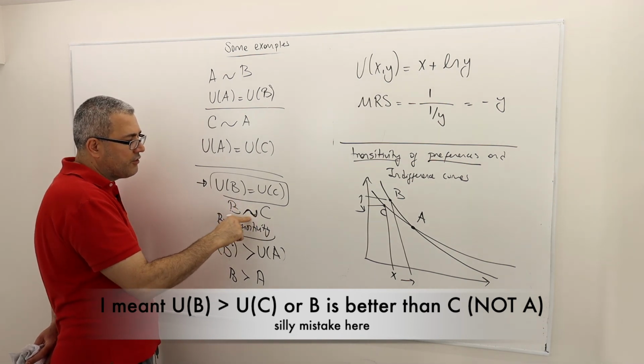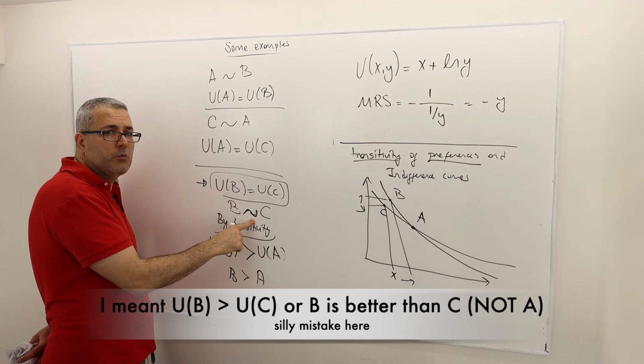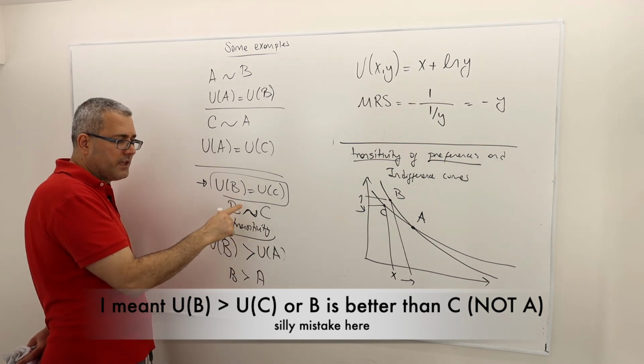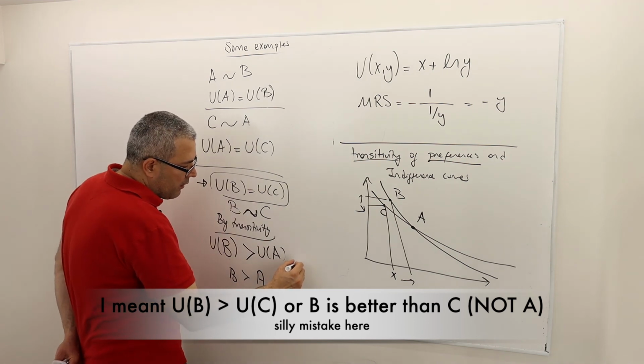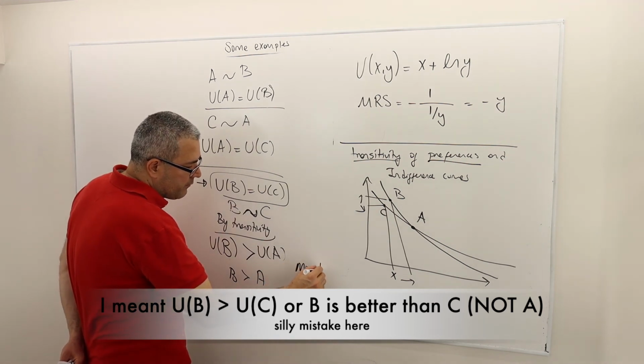But we just concluded that B and C must be indifferent. I mean, the agent must be indifferent between these two, therefore it has to give the same utility level. But then, thanks to monotonic preferences,